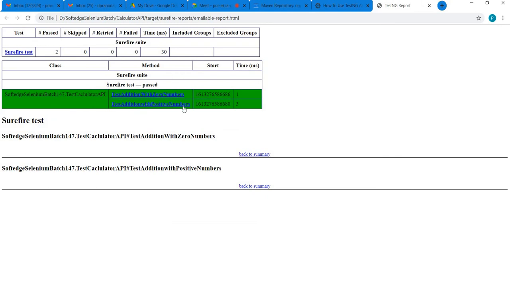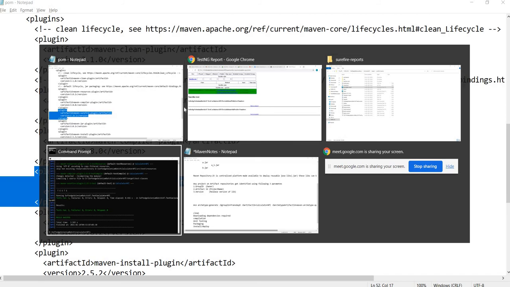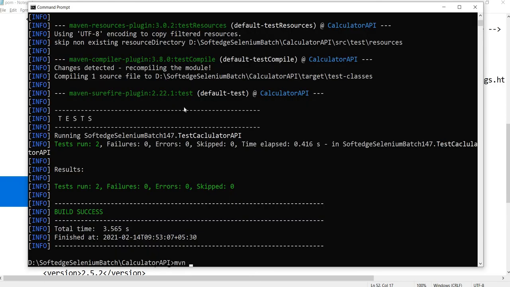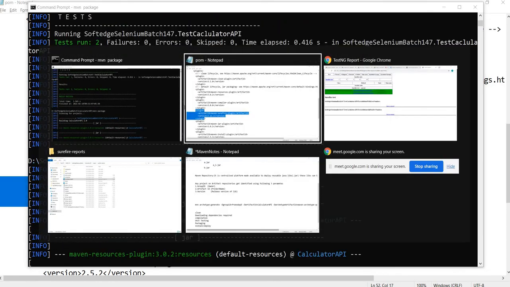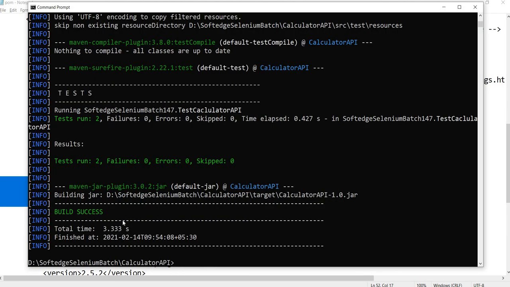I have got 2 test cases. So this got executed with the help of testng. So testng is what we have triggered, right? So we have configured the testng, right? So testng would be executed and then I'll say mvn package. As soon as I say mvn package, Maven will run this Maven jar plugin. If it is not there, it will be downloaded. The jar plugin itself would be downloaded and the jar file would be created, right?